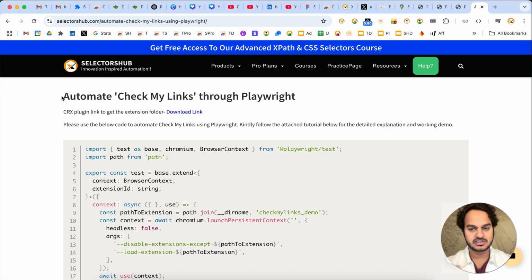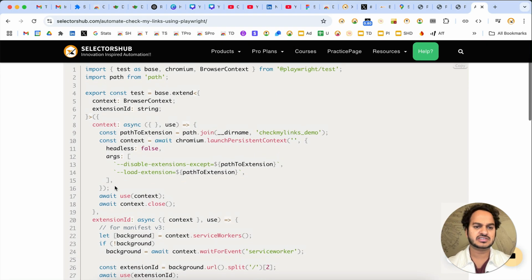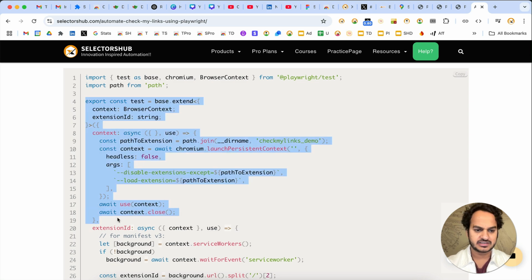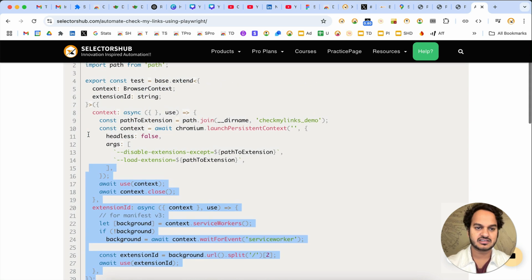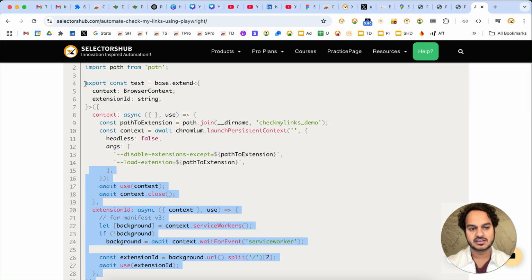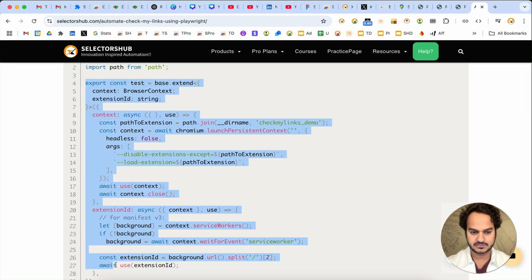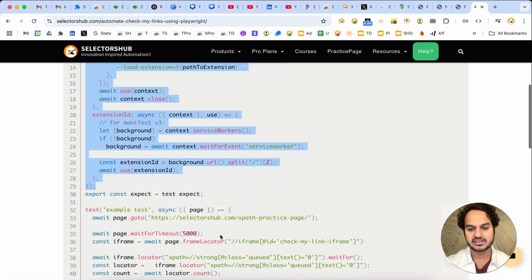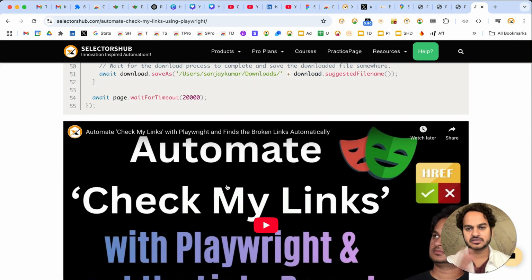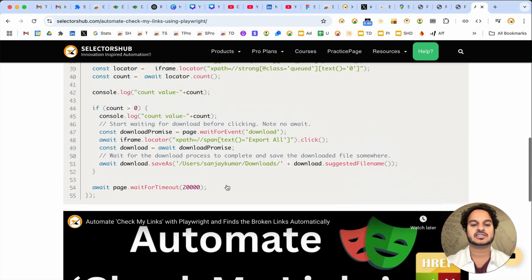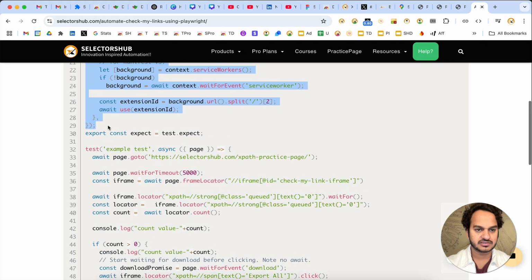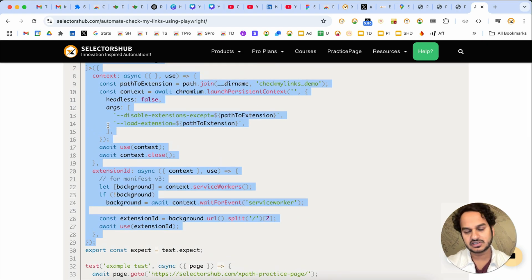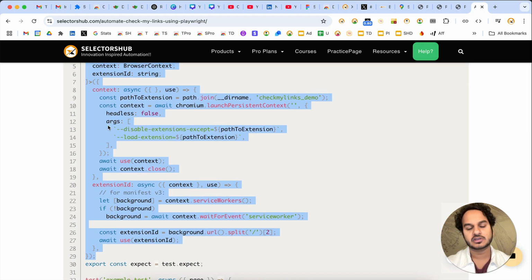how you can get it installed in the Check My Links automated browser window, and then from there how you can download. So this is the simple piece of code. You need to add it to your repo to add the extension through Playwright in the automated browser window. This is a very simple code. I would highly recommend that you watch that tutorial because I don't want to club both these things in one short video. So this is the one which is used to install the extension automatically in your automated